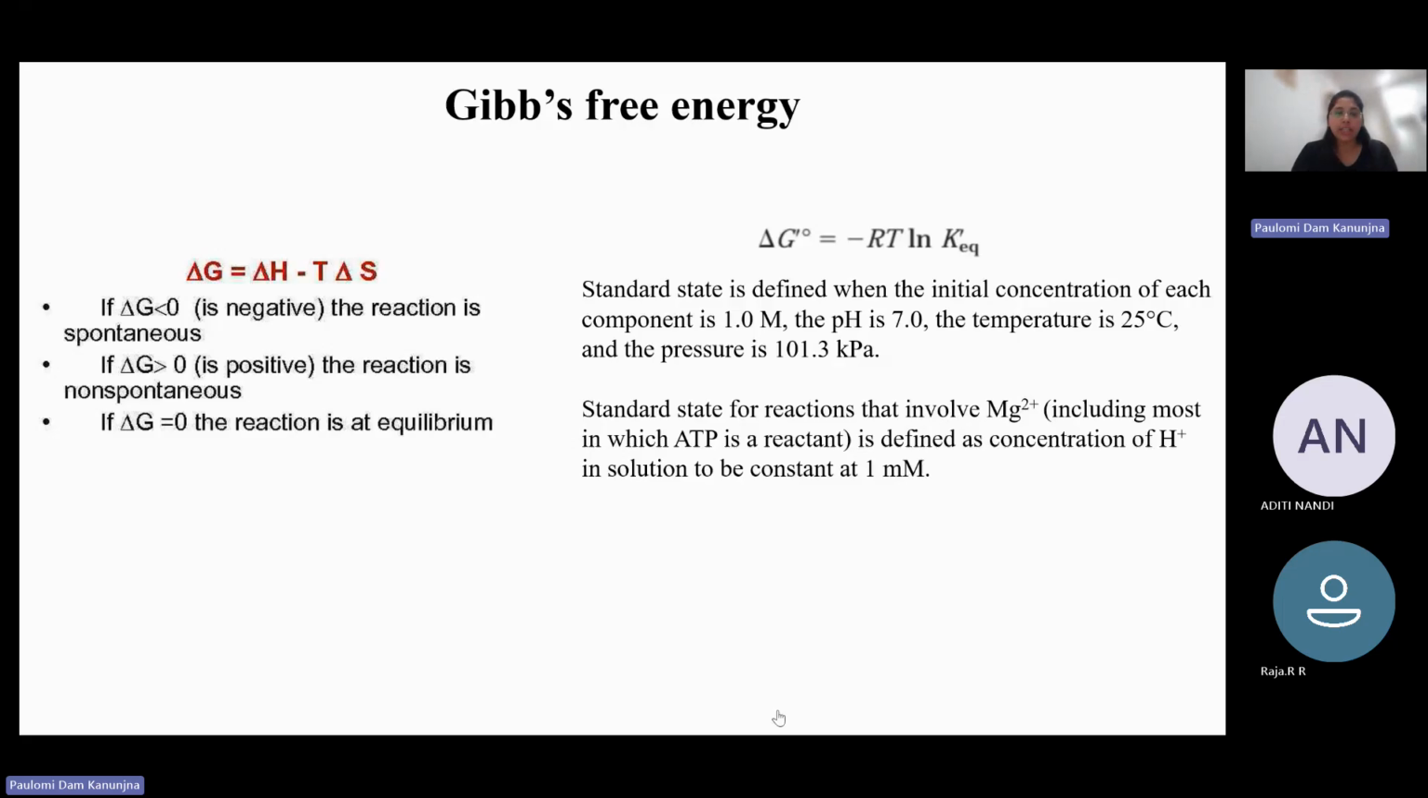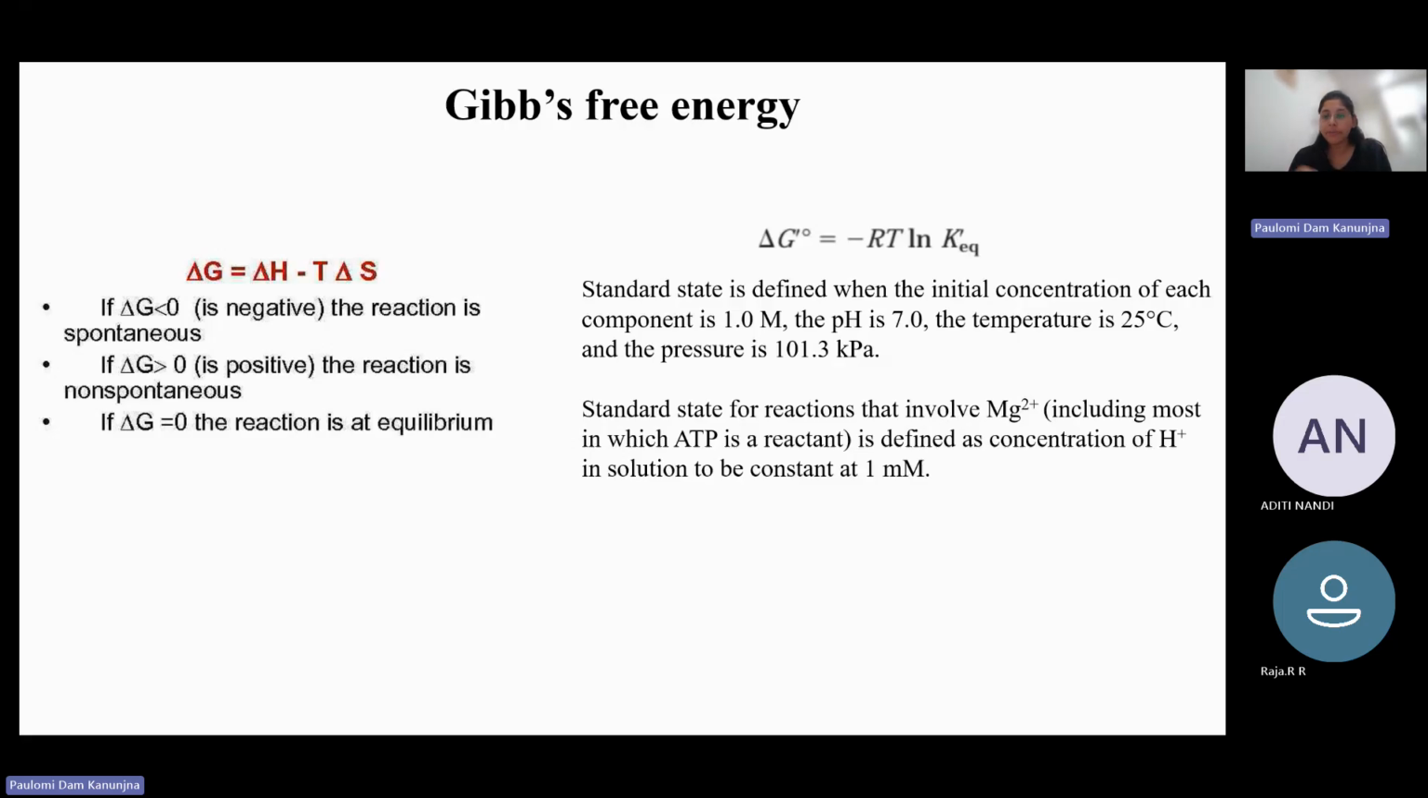Yeah, all these taken together, your delta G becomes delta H minus T delta S, right? Your gain in the entropy, so your T delta S becomes negative. As T delta S becomes negative, your delta G also becomes negative, and that makes it more spontaneous, right? So that's one way of looking into the relation between enthalpy, entropy, and Gibbs free energy. The other way is to look at the delta G, which is given by minus RT ln K eq